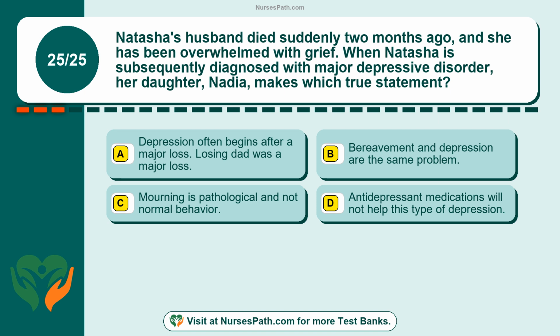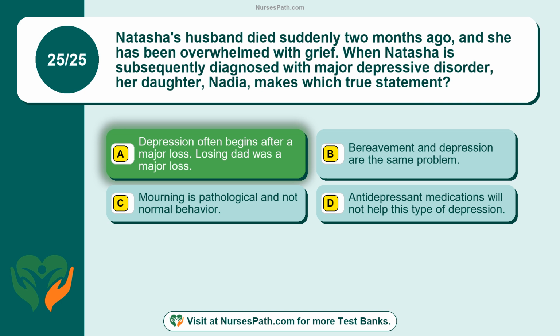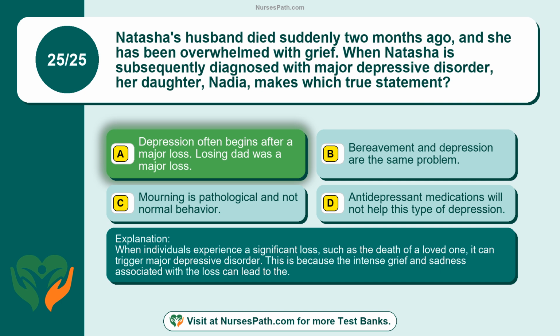Option D. Antidepressant medications will not help this type of depression. The correct answer is option A. Depression often begins after a major loss. Losing dad was a major loss. When individuals experience a significant loss, such as the death of a loved one, it can trigger major depressive disorder. This is because the intense grief and sadness associated with the loss can lead to the